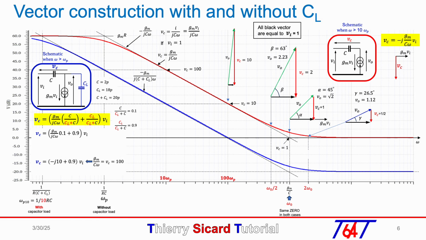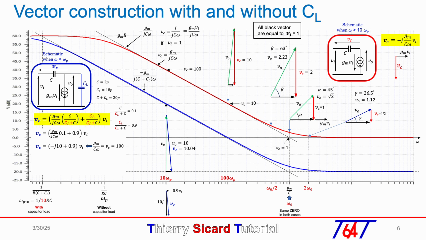We will then evaluate the amplitude and phase of the vector Vc with respect to Vin, performing the vector sum of 0.9 Vin on the horizontal real axis and the vector minus 10j on the negative vertical imaginary axis to obtain Vc. With this information about the vector Vc, we can plot the vector construction to obtain a Vout equal to 10 and the vector Vc slightly greater than 10, at 10.04,